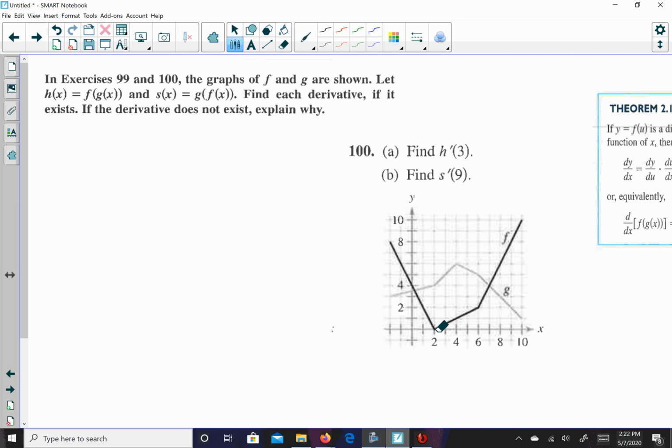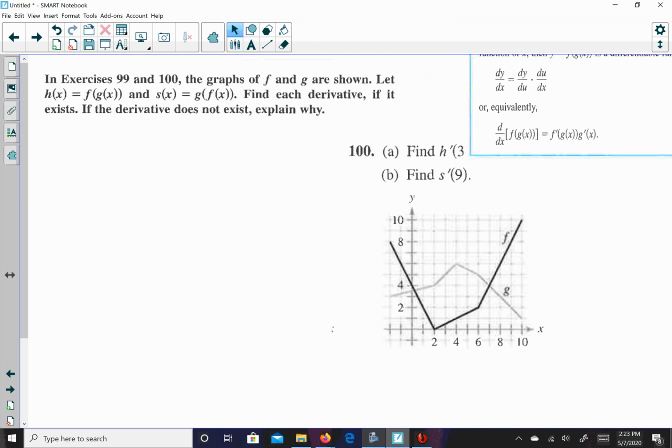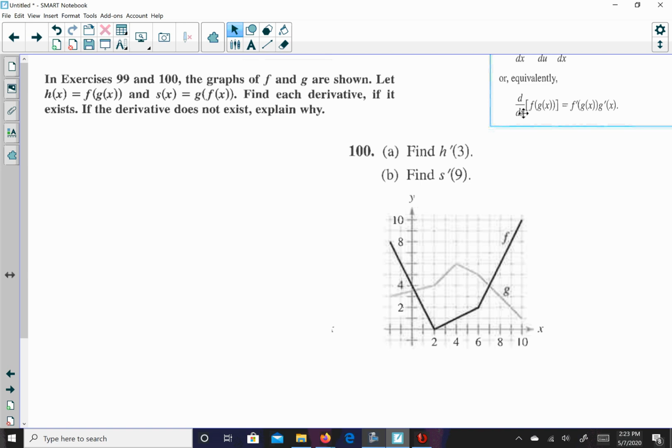So if we're going to use that, then I can't do the problem because that derivative does not exist. So I am going to write these problems down. I pulled this from your notes, and I'm looking at the bottom here. So this is what you're doing. You're separating f of g of x as the derivative of f of g of x and g of x, which means that when I do this, I'm going to write